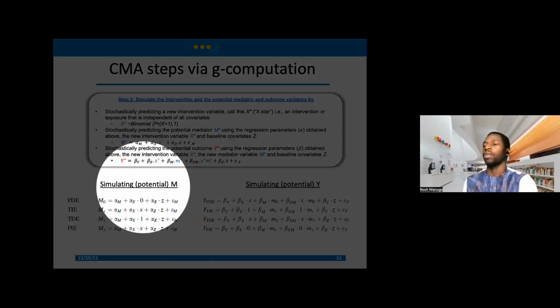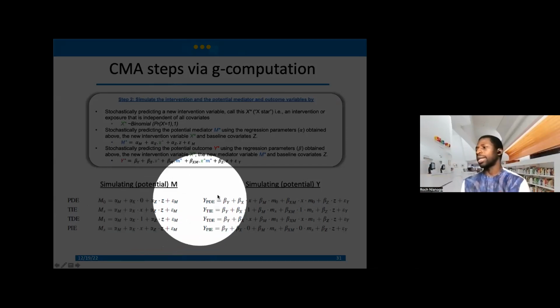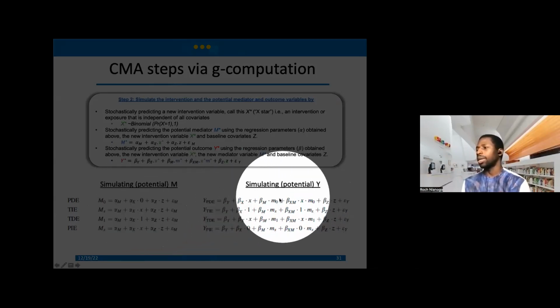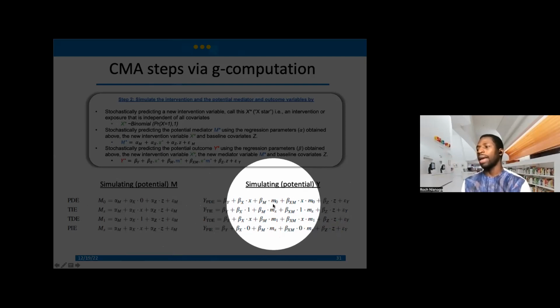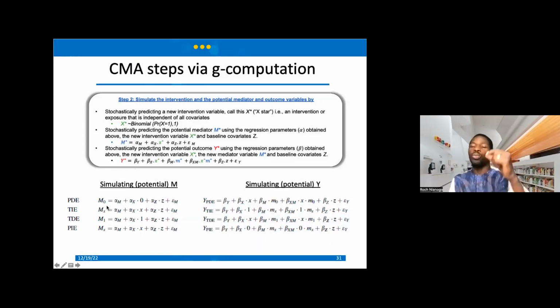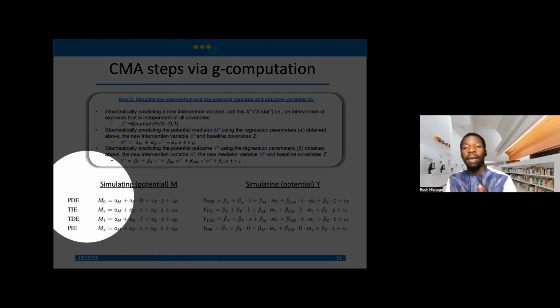So for example, let's take the pure direct effect. In the pure direct effect, the value of X, which is the exposure, will be 0 at the M stage, but at the Y stage it's just going to be X, the random variable X that you have simulated already, right? And then you have the M0 here, it's important. The M0 here is the M that you predicted under no intervention exposure, right? So basically, you assume that people did not get that exposure, and so their M becomes M sub 0, meaning a potential M had they not received the intervention.